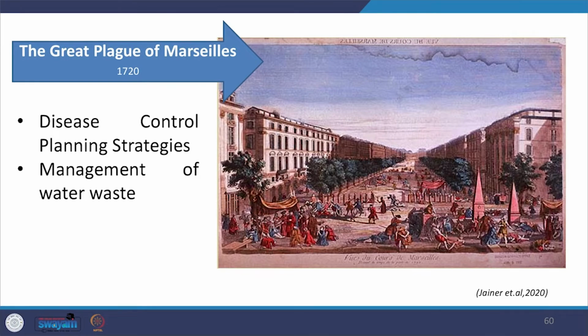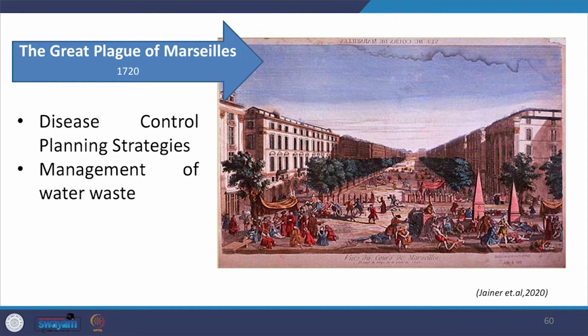Reflecting, we see that all our cities grow because of their connectivity. However, that also makes the cities vulnerable and exposed to such epidemics. Further, once again, our economic pattern also makes us vulnerable. We also saw in history how we found part of the solution for our health problems in urban planning interventions. Then we also see the Great Plague of Marseilles in 1720.